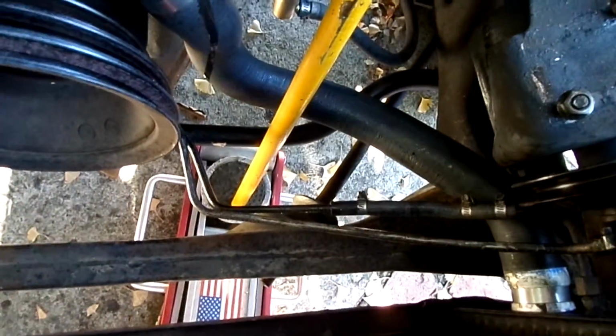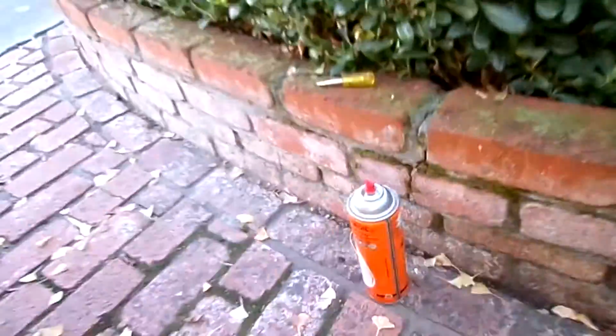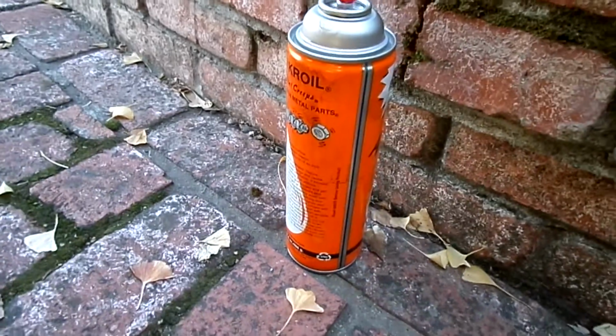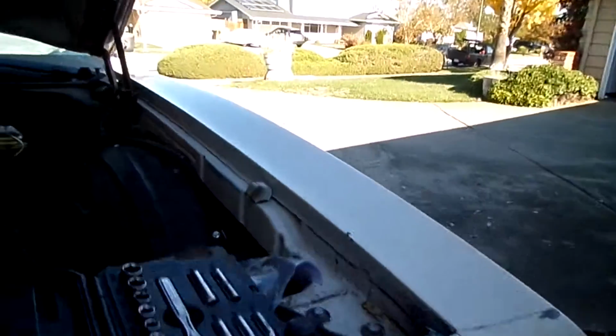So here's what I'm going to do. I have this jack hoist here, the floor jack hooked up to this, because this bolt right here is really on there. I sprayed a bunch of this, which is the best WD-40 you can get, and it's still not budging, so it's torqued down. So I'm going to use some ingenuity. I'm going to use this pole, hook up on that, and just do it enough to untorque it. So let's just see, in theory,